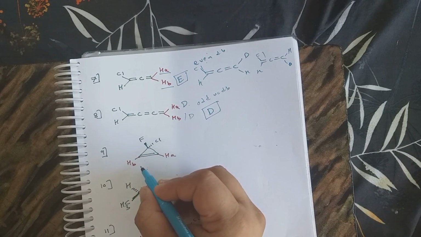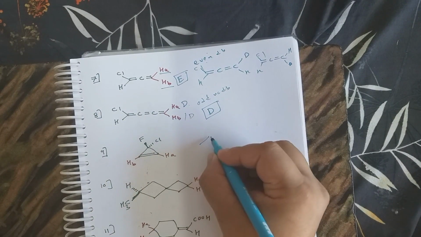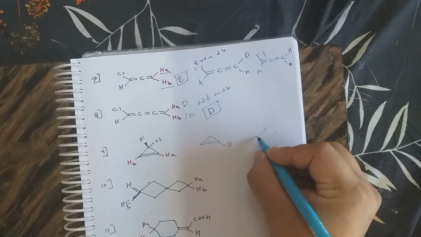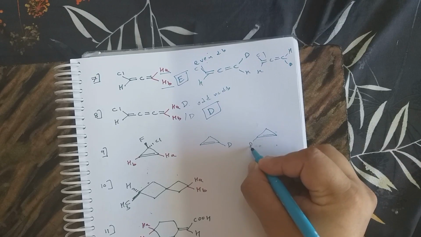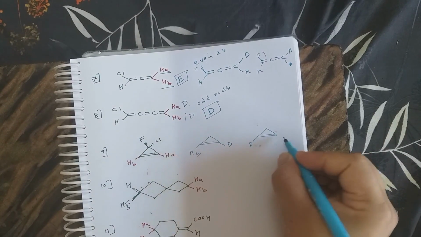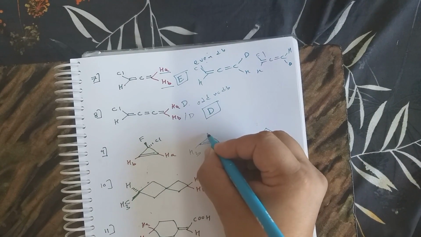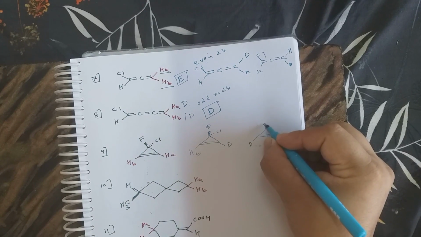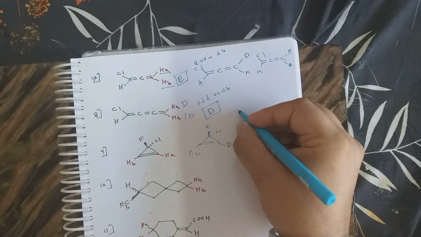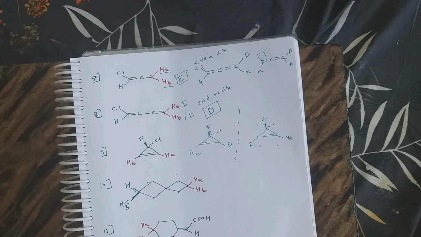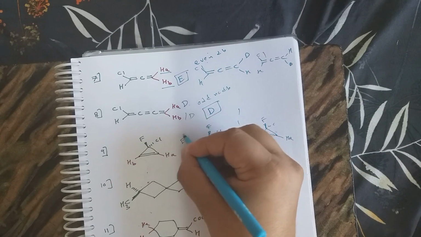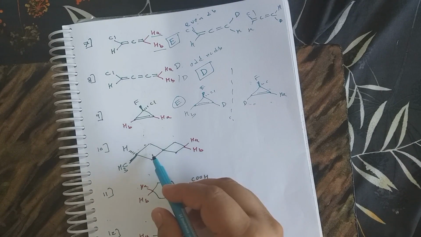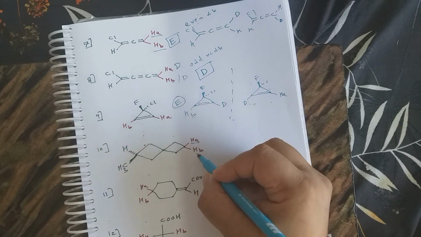Again, now HA and HB: if I do it like this, I have replaced this deuterium first, then I replace the other, this HB and this HA. Now you can make out these compounds have an enantiomeric relationship. You can see the mirror image. This compound has an enantiomeric relationship, so this becomes an enantiotopic proton or ligand. Similarly, you have an even number of rings, and at the terminal position you have this HA and HB.